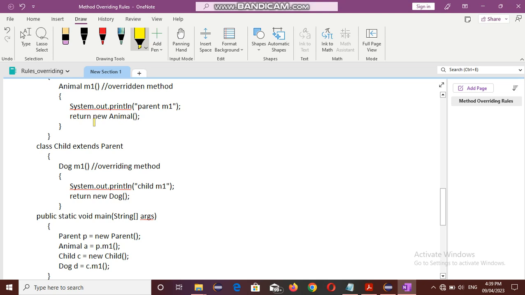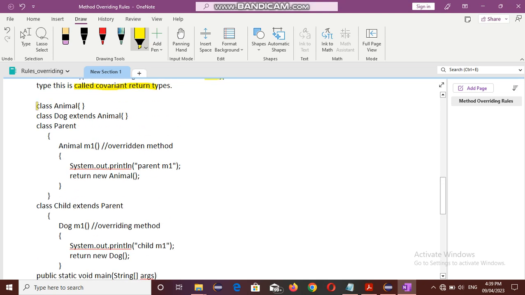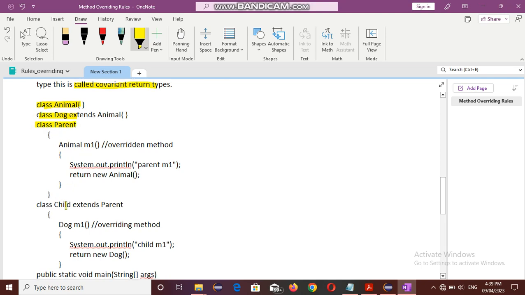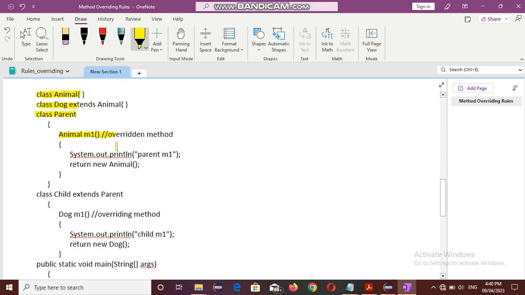I have two classes: Animal, and Dog, which extends Animal and is a subclass of it. And there is another class, Parent, and a Child extending Parent. In the parent class we have the method m1, which returns an object of the Animal class.